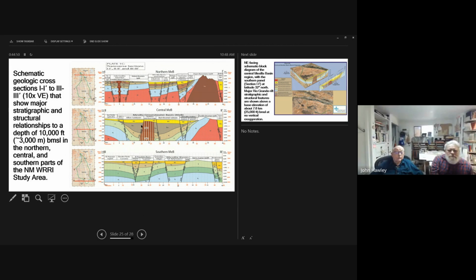And then as we go north to 30 degrees north latitude, for the middle of the Mesilla Basin, we have a still very thick middle Santa Fe group, or Santa Fe group basin fill in yellow. But in this case, bedrock is 3,000 meters down below sea level.